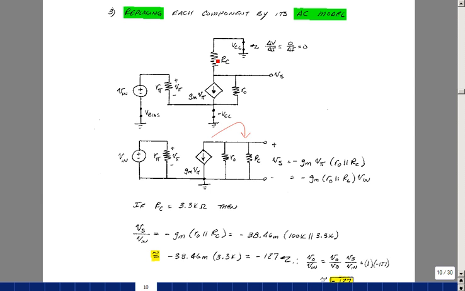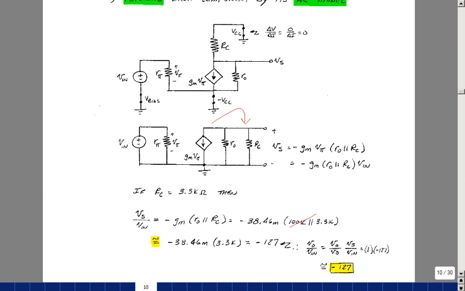Now if this resistor here is about 3.3K, then what we've got is 100K in parallel with 3.3K. And you pretty much could throw away the 100K. It's much, much bigger than the 3.3K. And that's exactly what we did in 302. We just ignored r0 for most of the course because it really is negligible with most things in parallel with it. So given the gm calculated for a biasing of 1 milliamp and the 3.3K resistor,